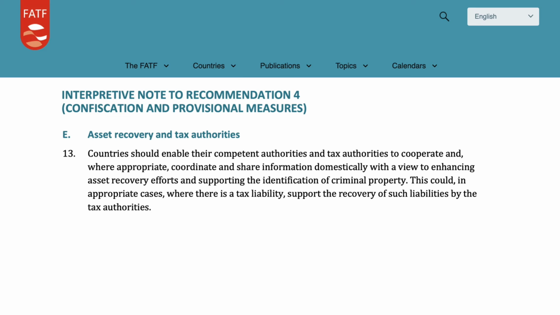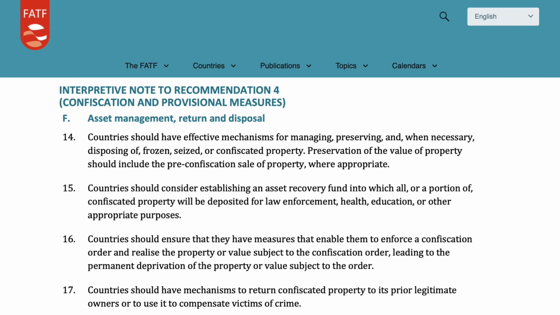Interpretative Note 13 on asset recovery and tax authorities argue that countries should empower their competent authorities and tax authorities to cooperate, coordinate, and share information domestically to enhance asset recovery efforts and aid in identifying criminal property. In appropriate cases involving tax liabilities, this cooperation could support the tax authorities in recovering those liabilities. And finally, Interpretative Notes 14, 15, 16, and 17 on asset management, return, and disposal state that 14 countries should